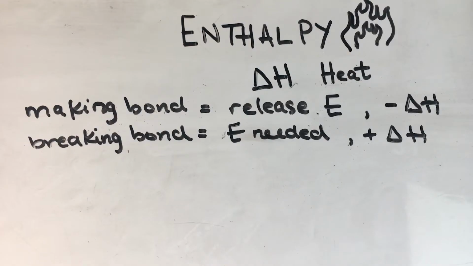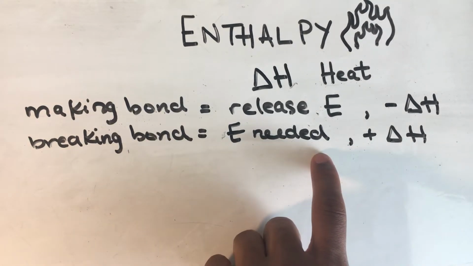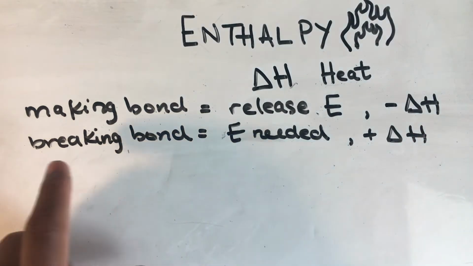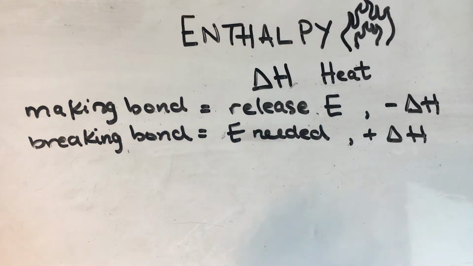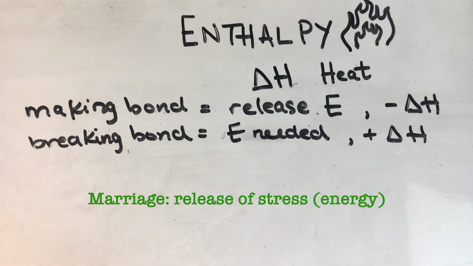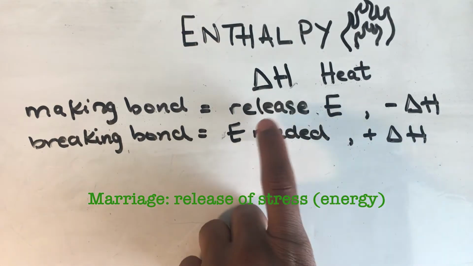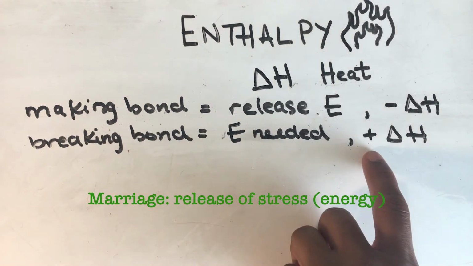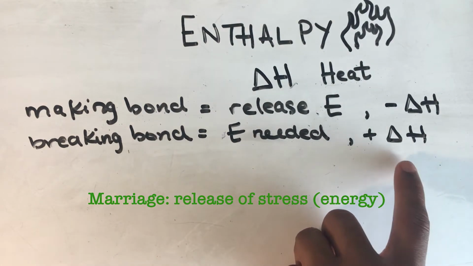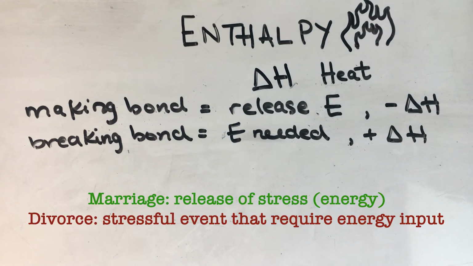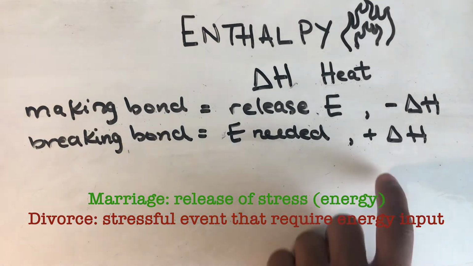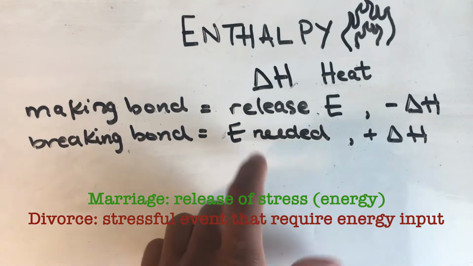In a reaction, there's a lot of making bonds and breaking bonds. When you make a bond, you release energy, which means you're going to have a negative delta H because you release that heat or energy. When you're getting married, think about it, you're making a bond and you're releasing a lot of stress, a lot of cares, so you're going to have a negative delta H because you released energy. When you're breaking a bond, you need energy, which means a positive delta H, you need that energy or heat. Think about getting a divorce. You're breaking that bond. There's a lot of stress that goes into a divorce, so you need that positive delta H or energy to